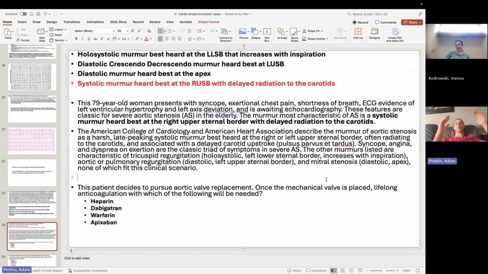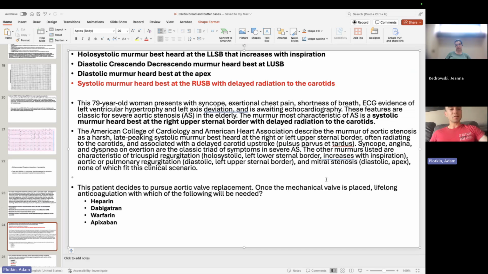With aortic stenosis, right, the more stenotic that valve is, the less forward flow of blood, the more backflow, the more angina the patient is going to experience, right, because their heart's going to have a higher demand and they're going to have less overall flow. There's going to be less oxygenation due to this increased demand. And then the patient could have dyspnea due to a lack of forward flow. The patient could also have syncope, again, due to a lack of forward flow to the brain, right? So the three major symptoms of aortic stenosis are SAD: syncope, angina, dyspnea, all due to really a lack of forward flow and increased demand of oxygenation to the heart.